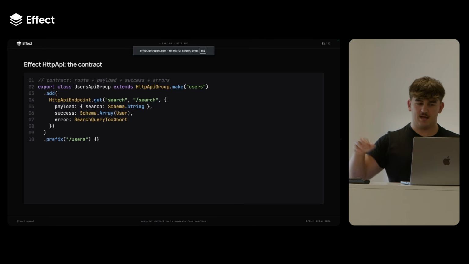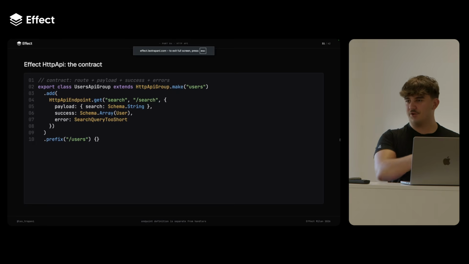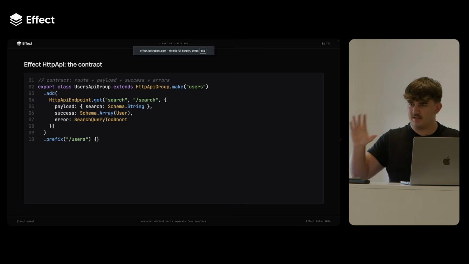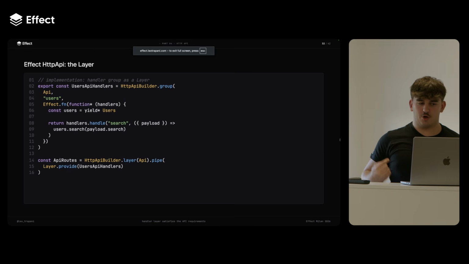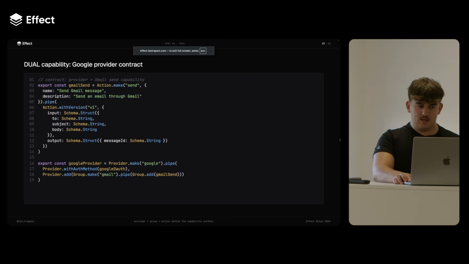How do you talk to this API? There's a payload, it's a GET, there's a success, and an error. You don't actually define the implementation here. This defines a service. It defines the structure of how you talk to the program. And then, of course, you also need to give it as a layer, as the implementation. You provide the actual implementation, which are the handlers.